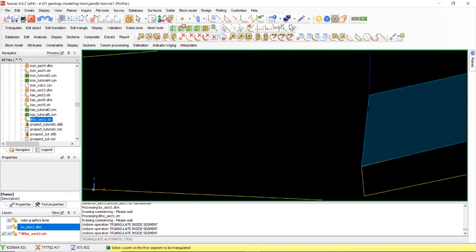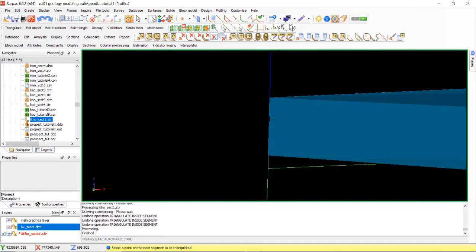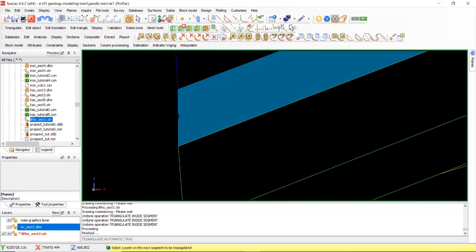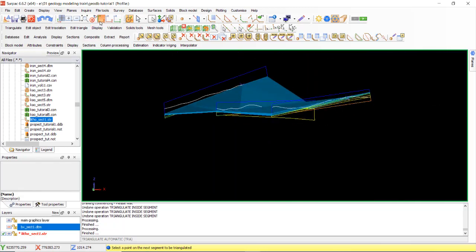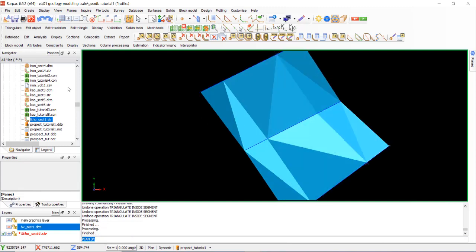Select the side, select the side of segment, and okay, select the side, okay. After finishing, save file.